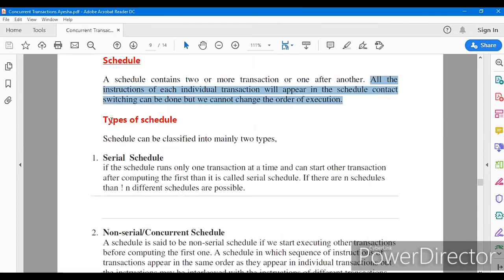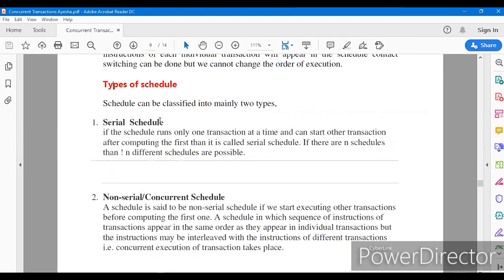So what are the types of schedules? Schedules can be classified into two major types. First is the serial schedule. If the schedule runs only one transaction at a time, and can start another transaction only after completing the first transaction, then it is called a serial schedule. If there are n transactions, then n different serial schedules are possible.